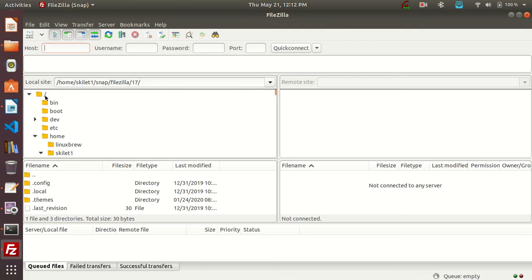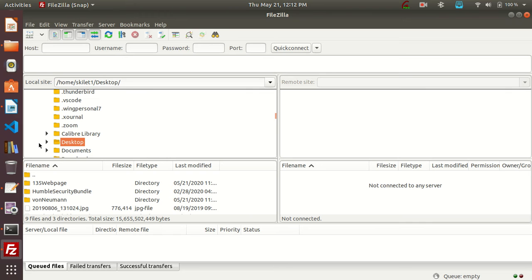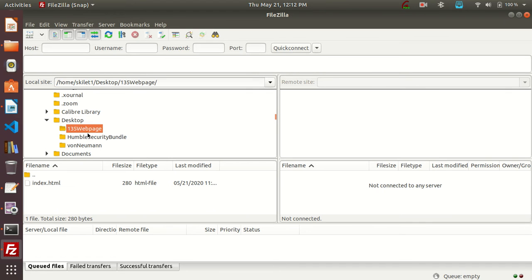But this hierarchy of file systems on your computer is precisely what you're seeing, okay, when you look right here, okay? So because this is a Linux machine, and it'll be true for a Mac machine as well, the top level file, okay, that all other files and folders are in is called root, and it has this symbol, this slash symbol, okay? Then inside home is a file called Skillet1, which is my username. Inside Skillet1, there's a bunch of stuff, but there's a desktop. I can open that up. Right here is 135 web page. So I have navigated the file system until I found